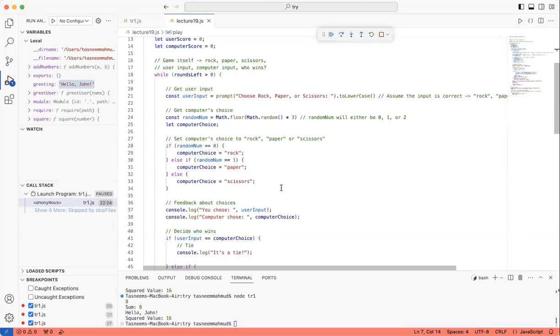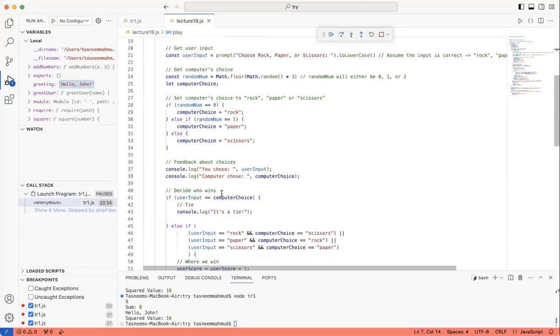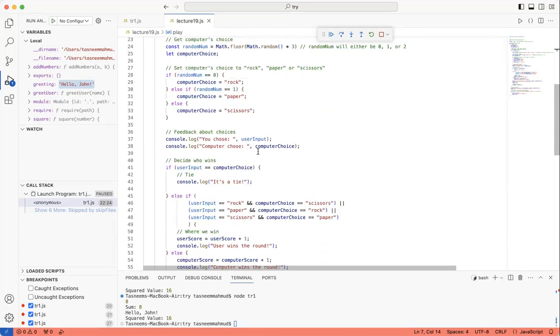It's not really a fun game if we know what the next outcome is going to be, right? That's why we use the random numbers to select this. And then we go on to take the user's input and then we compare it.